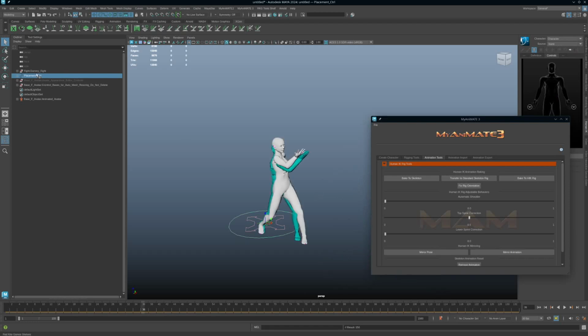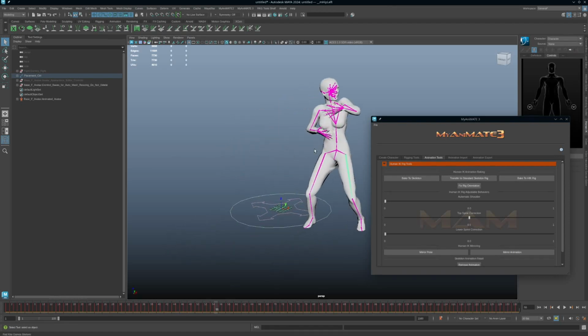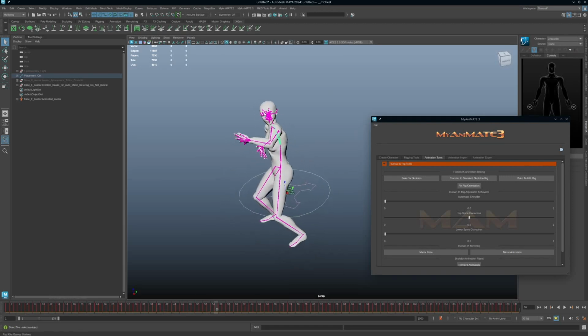And now let's take the dummy fight and hide it. And now the animation is actually attached to the avatar. So the avatar is getting now real animation curves and real frames and whatnot. Okay, every single joint that was involved